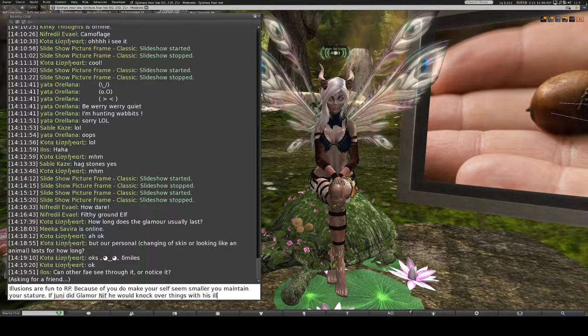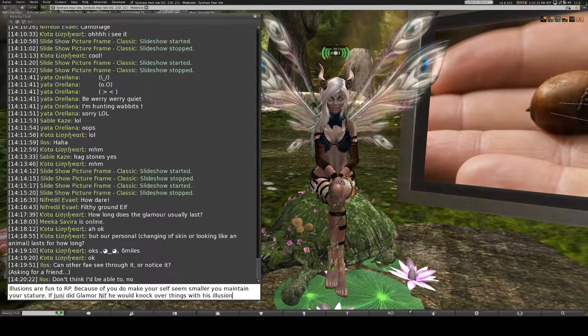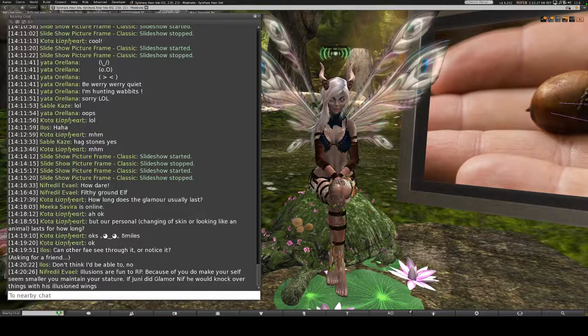Going back to the rules though, a Fae cannot glamour themselves as a dragon. They cannot glamour themselves as a griffin, or a unicorn. Any other mythical beast, or any mythical type beast, a Fae would not be able to glamour themselves as. It has to be an animal that is found in nature. Any other questions?